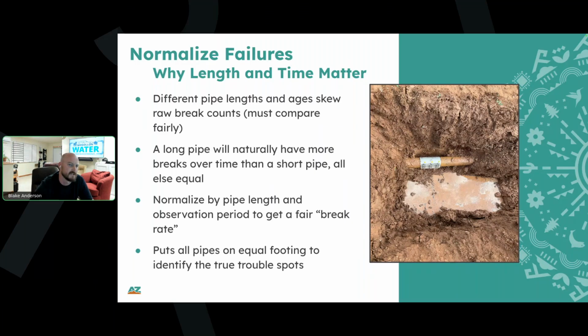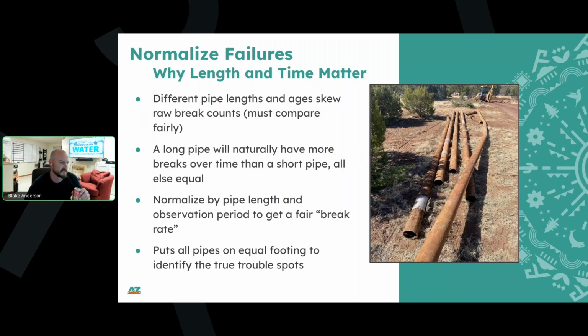So we took over operations of this specific system in 2023, and in about 18 to 24 months, we had 5 leaks on this one section of main. And because it was such a small segment, it was pretty easy to see that it was going to be a lot cheaper for us to replace the line rather than keep repairing it. So when we replaced the line, we were really shocked to see just the numbers of repairs that had been done by past operators, but nobody seemed to be talking about or concerned about. And so you can see here in this picture, this is the section of steel line after we made the replacement and folded up.